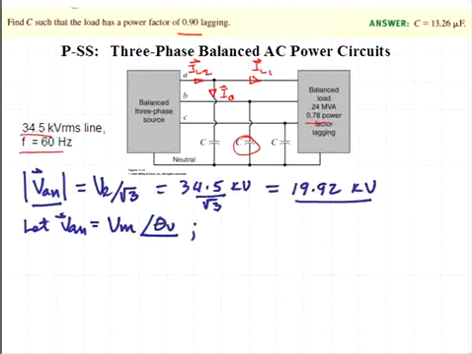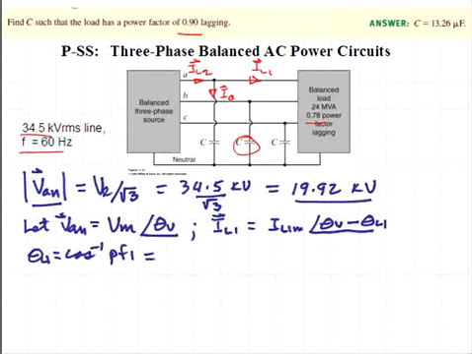Then the current IL1, which flows from the source, will be of the form an IL1 magnitude at an angle of theta sub V minus theta L1, where theta L1 is equal to the inverse cosine of the power factor 1, which is the inverse cosine of 0.78, which is equal to 38.74 degrees. This angle theta L1 is the angle by which the current in the load lags the applied voltage